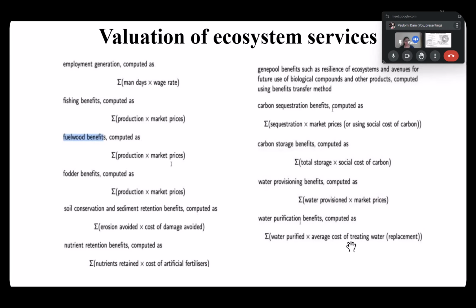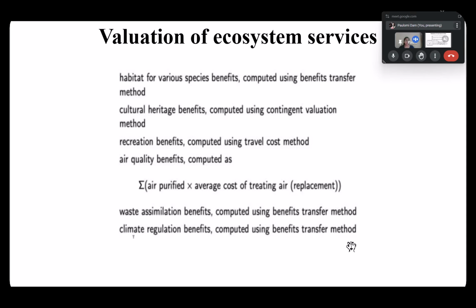Then you can have valuation for habitats for different species benefits, and you compute habitat use benefits by the benefit transfer method. Now what it means is sometimes you are not exactly the one doing the evaluation. You are not the one putting in the money and trying to see how much money is coming back by doing all those calculations. What you try to do is, someone else has done this based on some other properties. You try to match the properties and take information from there, and see if your system also matches up to that level, then what kind of benefits do you get, right?